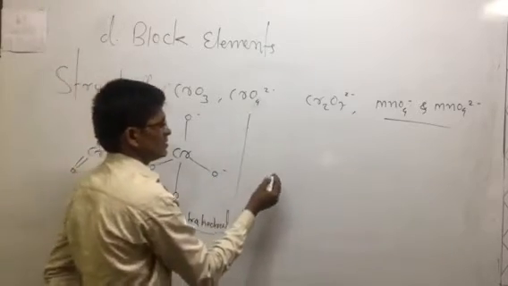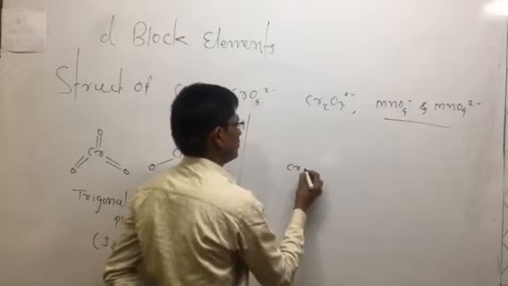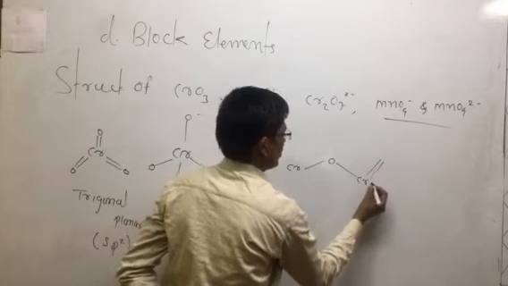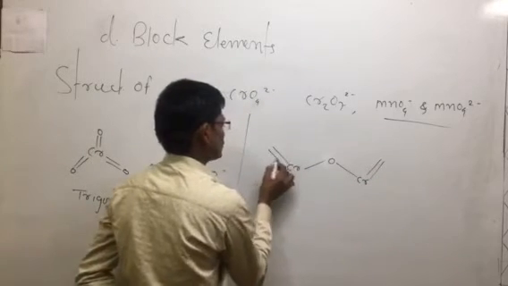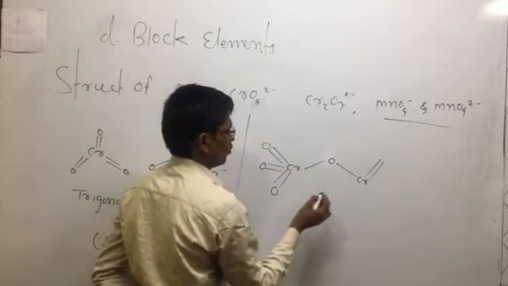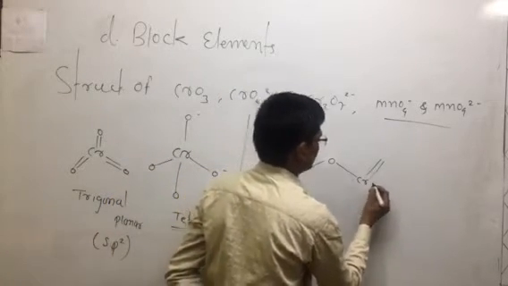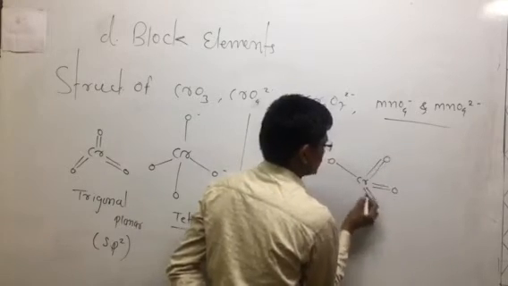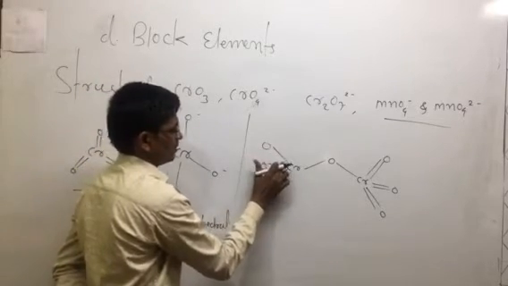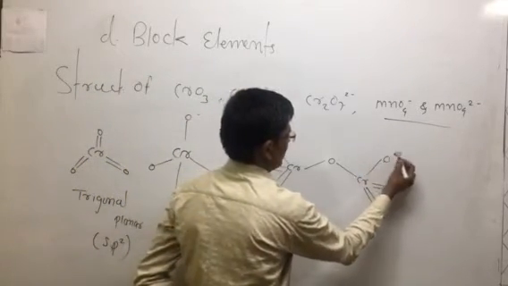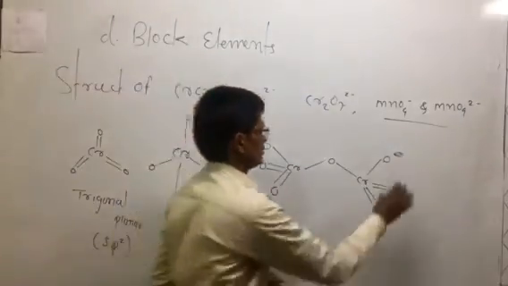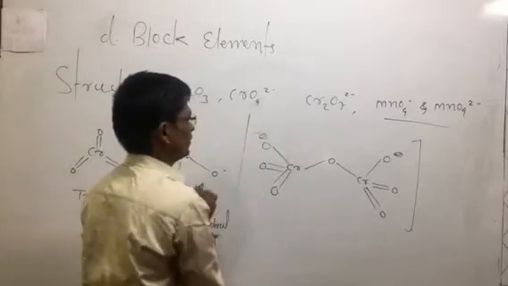Again, discussing Cr2O7, which contains chromium as the central atoms. This is the chromium, and each chromium has CrO3, that is 3 oxygen atoms bonded to the chromium ions. This is Cr2O7 2 negative, that is 2 negative charges there, with oxygen atoms that are negatively charged. So that is Cr2O7, the dichromate ion.